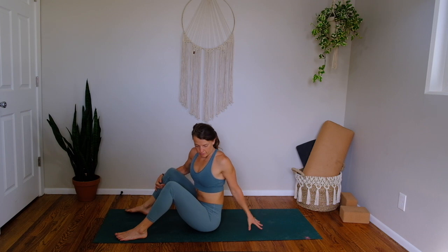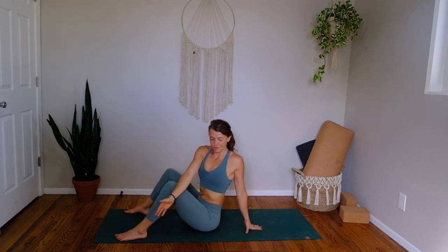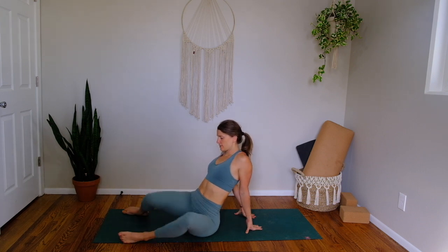Exhale, plant your left hand behind you. Inhale, reach your right arm up to the sky. And then exhale, hook your right forearm on the outside of your left knee, twist open to the left. Inhale to lengthen your spine. And exhale, broaden your collarbones. Breathe in and breathe out. Good. Come back to center and just start to drop your knees to the right and to the left, making